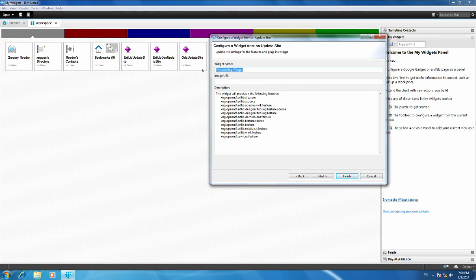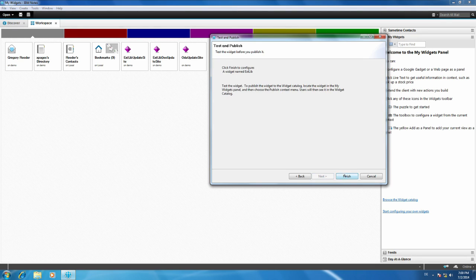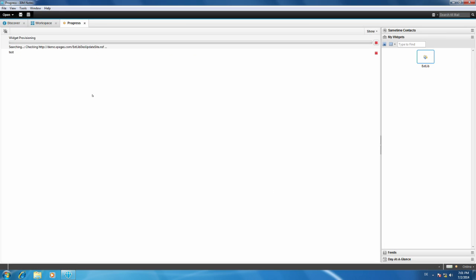I always give my widgets a name that I know what they are. Extension library, next, and finish. Now, it's going to do a couple of things. First of all, we're going to see that it's there. We can type here, and we're going to say that it's provisioning the widget. This normally takes a while,